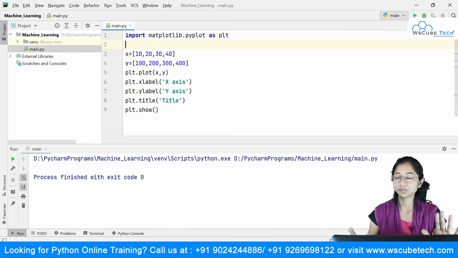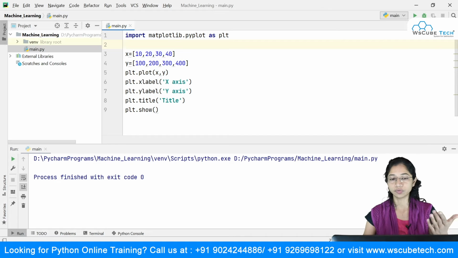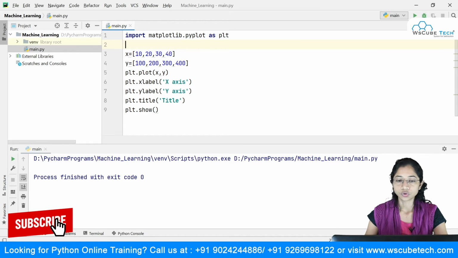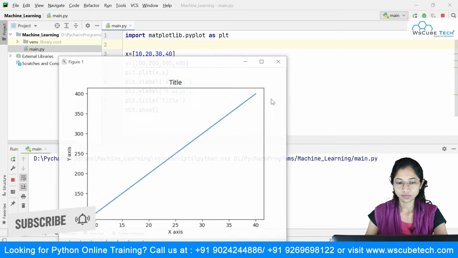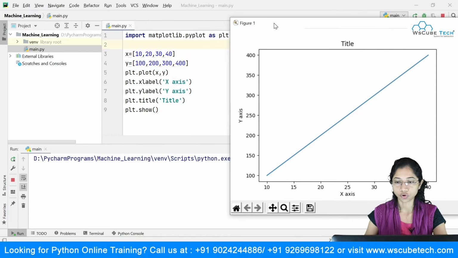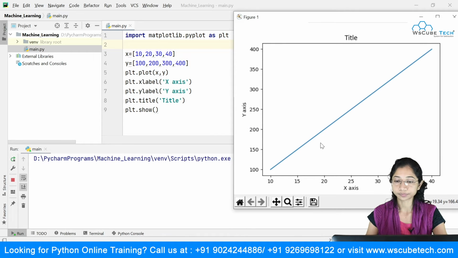I will keep this simple so that you understand the concepts clearly first, and then you can implement those parts, which we have already seen. All right, fine. I will run this once again to see that nothing is wrong. All right, so we are getting the simple plot.